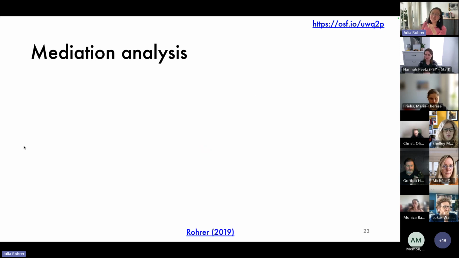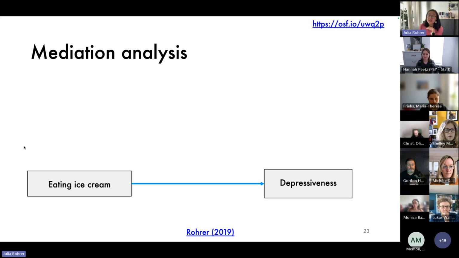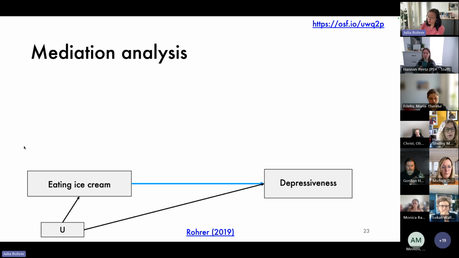And now I'm unfortunately returning to my own example simply so that it matches the text where you can read up on it. So let's use a slightly sillier example: the question whether eating ice cream, as opposed to some sort of control food, affects depressiveness. If you think about ice cream and depressiveness, there could, of course, be all sorts of confounders, such as age. My 5-year-old daughter eats a lot of ice cream, and she's a very cheerful person, but of course, it might also just be due to her age that she eats so much ice cream